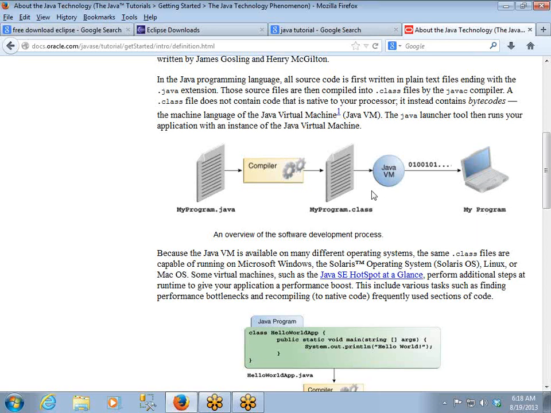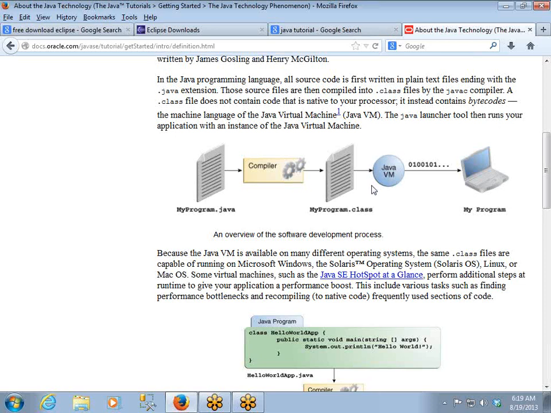So one question arises: can Java .class files or Java applications run on each and every platform? No. If the virtual machine is installed for that particular platform, your .class file can run. So there are two levels of conversion. One is source code to .class file conversion, which is done by the Java compiler, and the second is .class file to underlying platform conversion, which is done by the Java Virtual Machine.